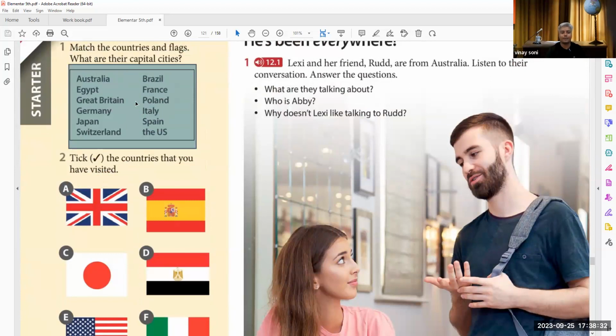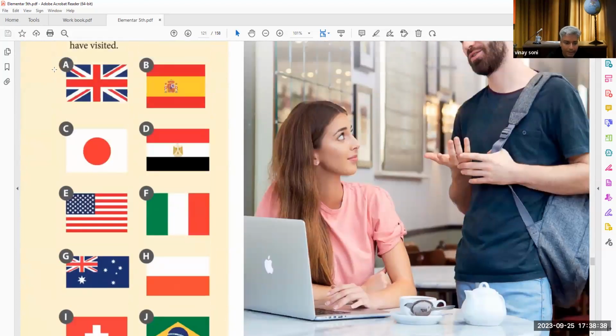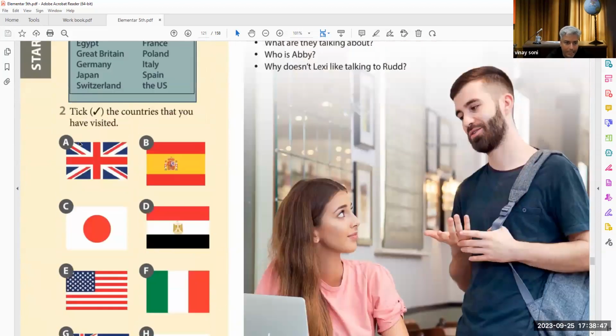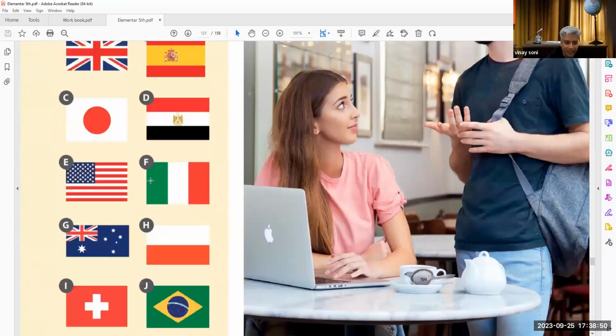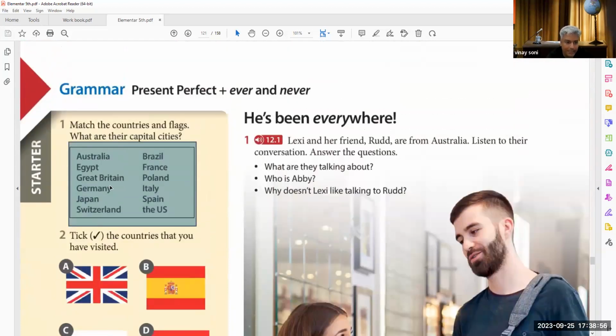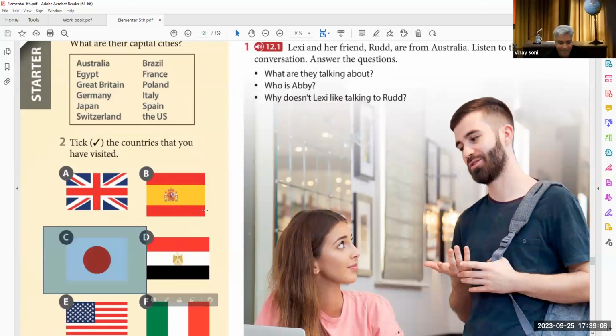Poland. H is Poland's flag. Okay, then we have Germany. K is Germany's flag. All right. And Italy. F is Italy's flag. Okay. Japan. C. Easy. The stripes are difficult to remember. Otherwise, look, nobody will confuse Japan's flag because they don't have stripes there. A red dot, a red circle in the middle of white. The oldest flag. Oh, I didn't know that.